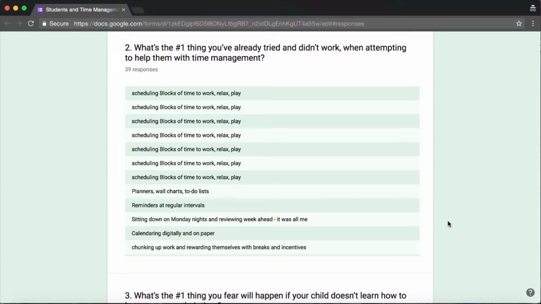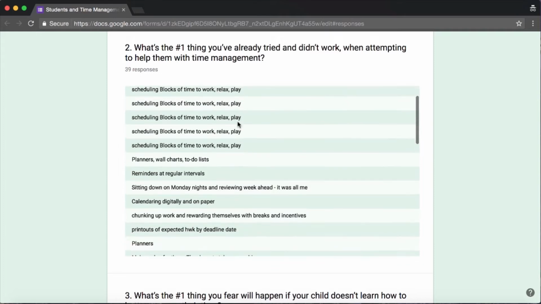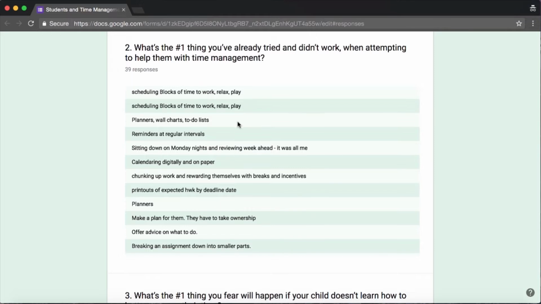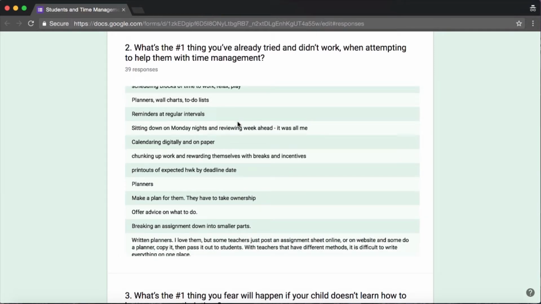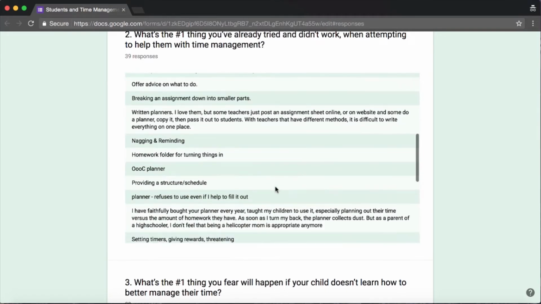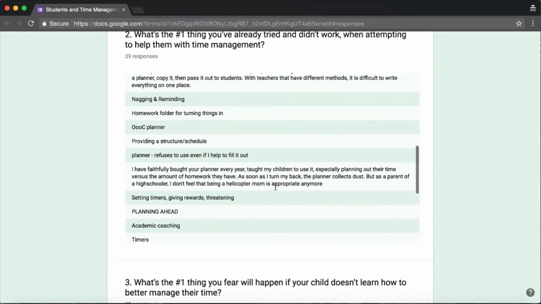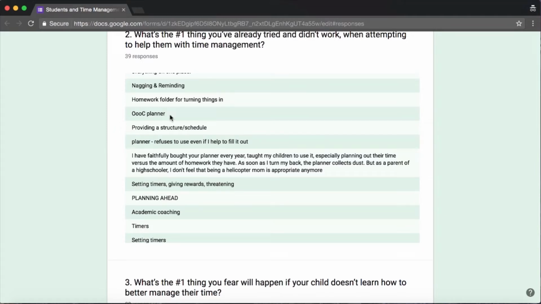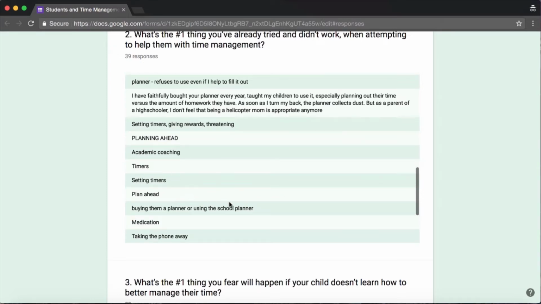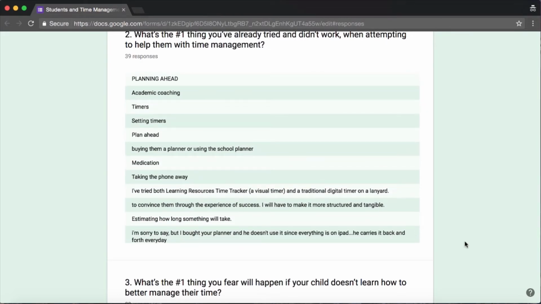So what's the number one thing you've already tried and didn't work when attempting to help them with time management? All amazing stuff. Scheduling, blocks, planners. And again, we're circling words that are in common here, okay? We're trying to find words that we can use within our bait, and then we're going to come up with a great bait that speaks to them. Providing a structure, order out of chaos planner. Leslie sells planner journals, academic coaching. You'll hear tons of stuff from people. And this is just great